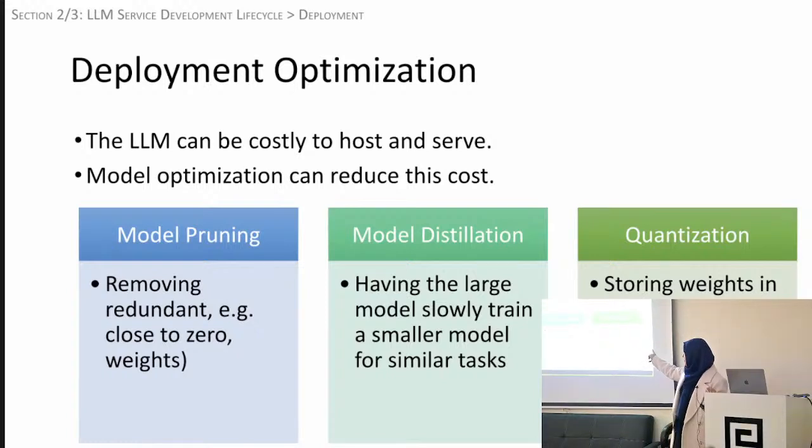That's model distillation. And the third is quantization, which is very simply you just take the weights of the model and represent them in a lower precision. So like if there are 32-bit floating point values, you represent them as 16-bit or 8-bit. So there's some loss of precision, some loss of performance, but it's been shown that it's not that bad, right? So you can do that to reduce the memory footprint.